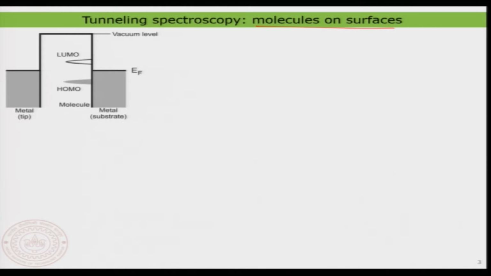Good. I have here an energy diagram. So, again you have the metal. I have my valence band, conduction band, and also you remember that this is nothing but the work function of the tip, and the same also for your material. Now, assume that I have again a metallic substrate and a metallic tip, both having a constant density near the Fermi energy, is what we are choosing. And now, on that particular surface we are just depositing the molecules.